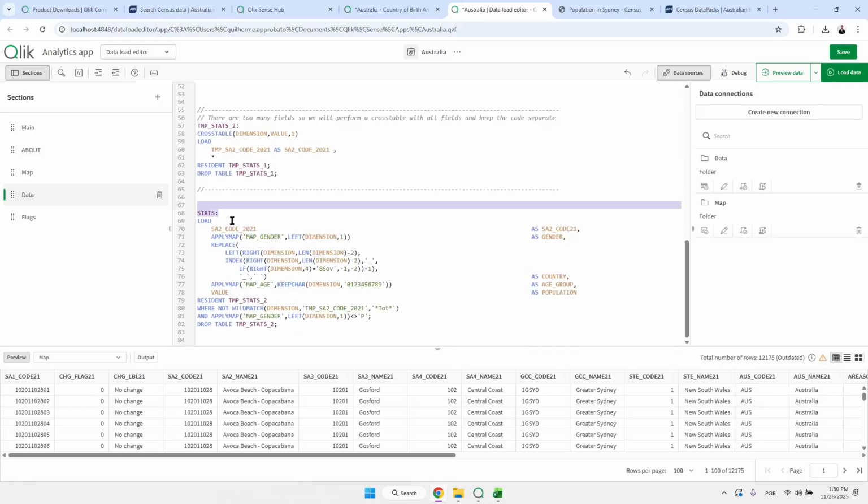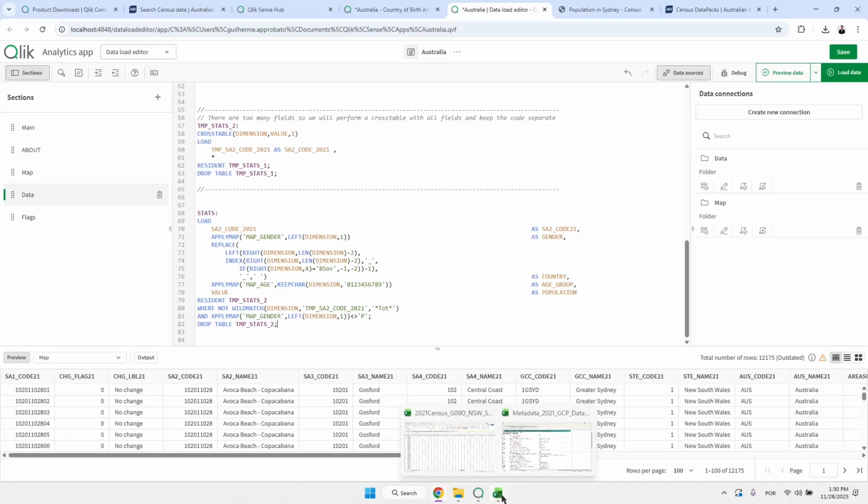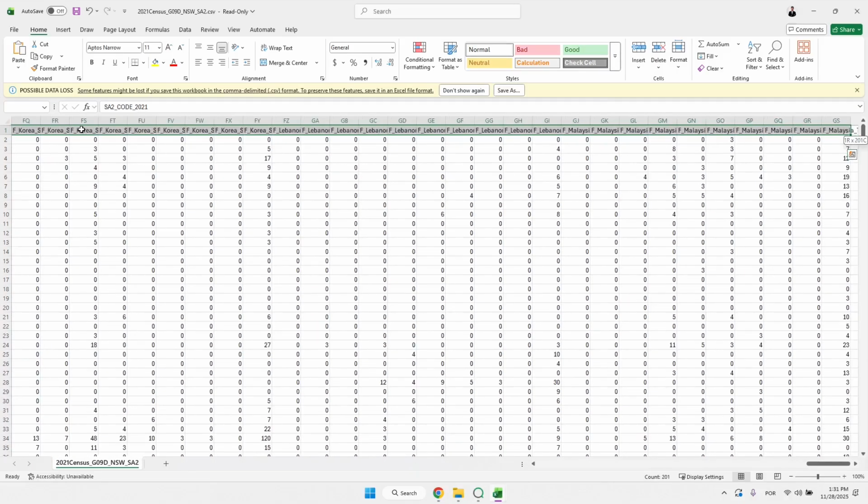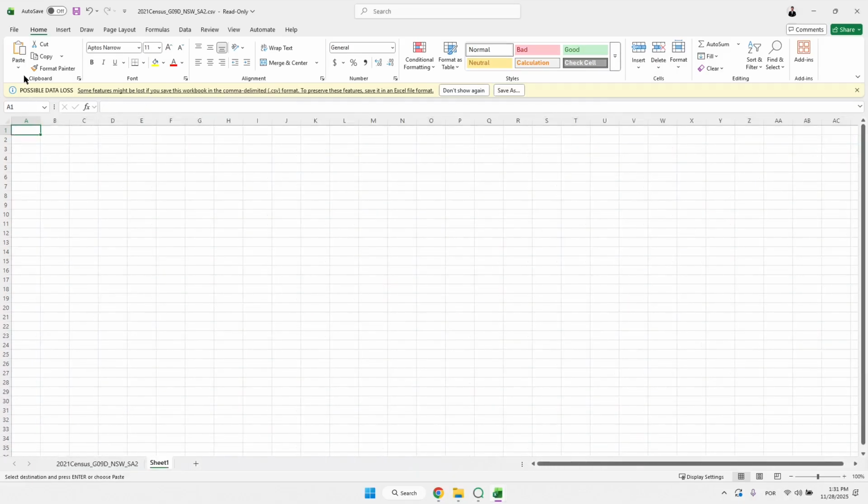And the last part is basically to transform the fields. So let me just quickly explain to you in a separate file how this happens. So you can imagine that we will have something like this.